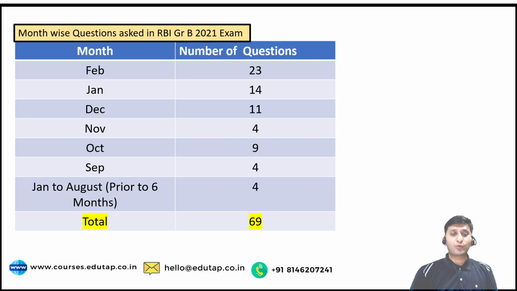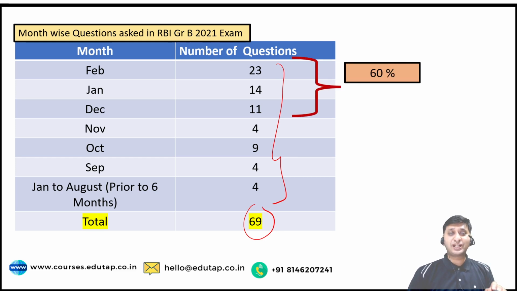Now coming back to my point, this is the breakup of 69 questions, and you can very well see by yourself the huge weightage of the immediately preceding 3 months before your exam. A whopping 60% of the questions that have been asked in your exam, that is out of 80, around 50 marks worth of paper is from the immediately preceding 3 months. This is the point you need to think upon, ponder upon, and you need to focus upon also.